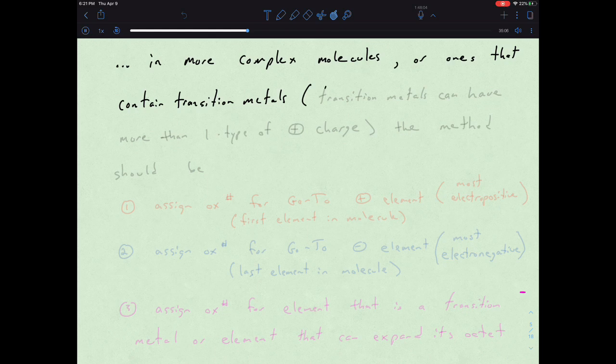Remember, transition metals can have more than one type of charge. Right, iron could be +2 or +3. Copper could be +1 or +2. So in more complex molecules,